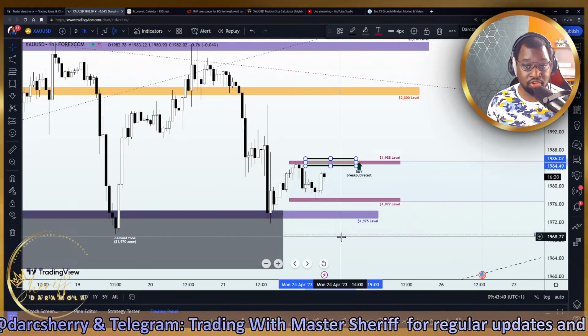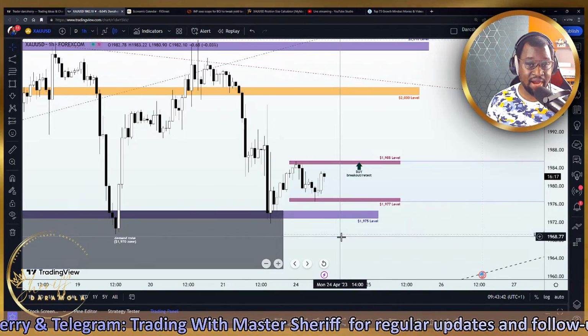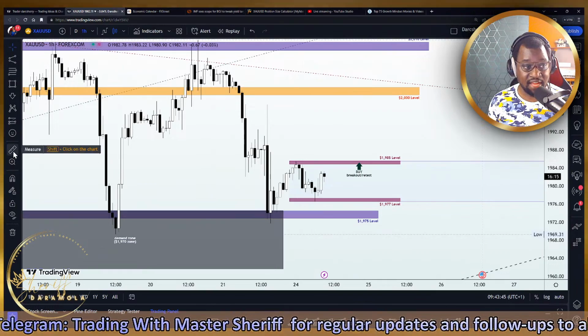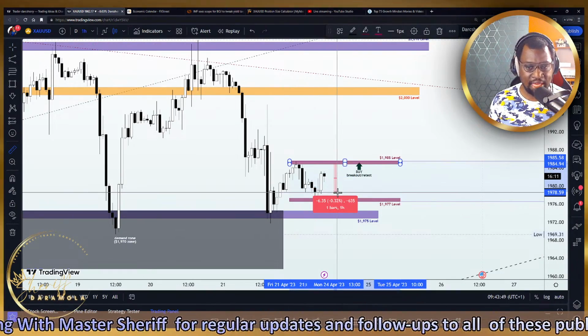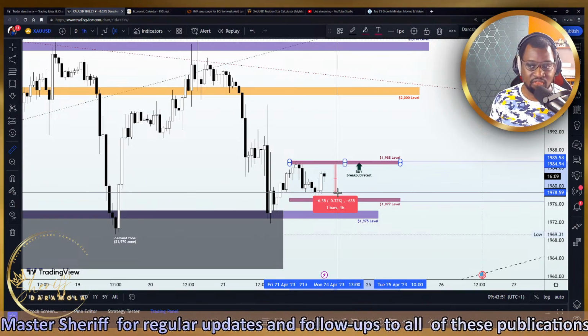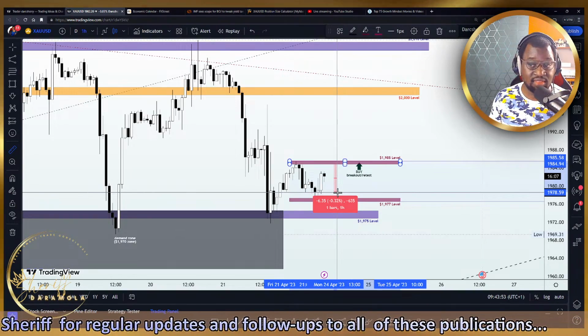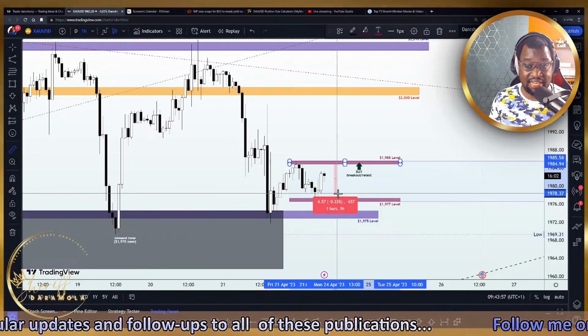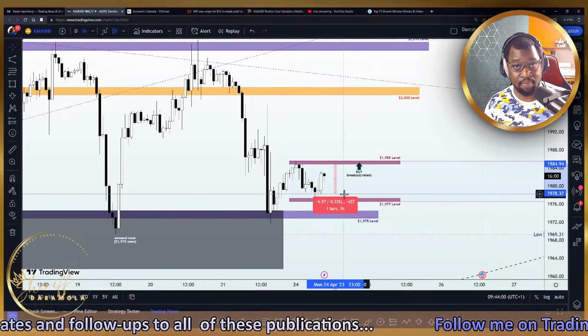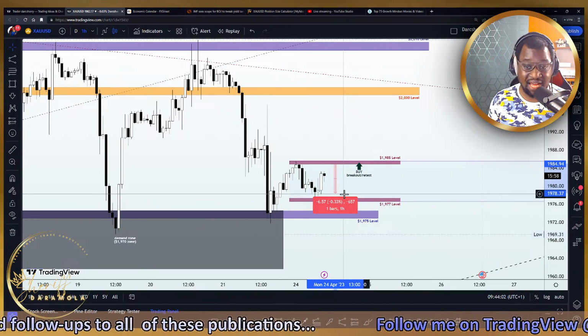So with a buy stop order above that structure, I'm looking forward to a buying opportunity above that level. Then we could have our sell stop order somewhere close to the support line there at the 1,970. It could be around the $1,978.50 level or the 1,978 area, which will be dovetailing to about 60 to 65 pips thereabout as stop loss